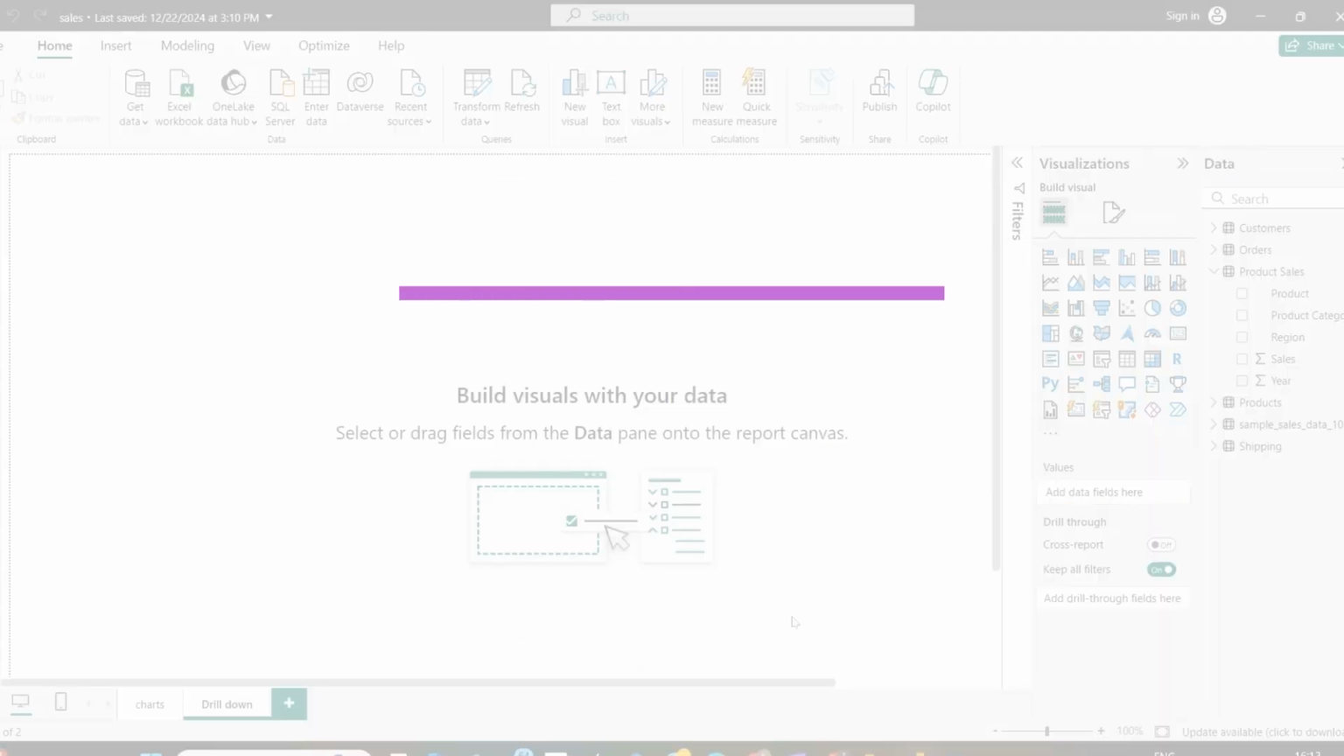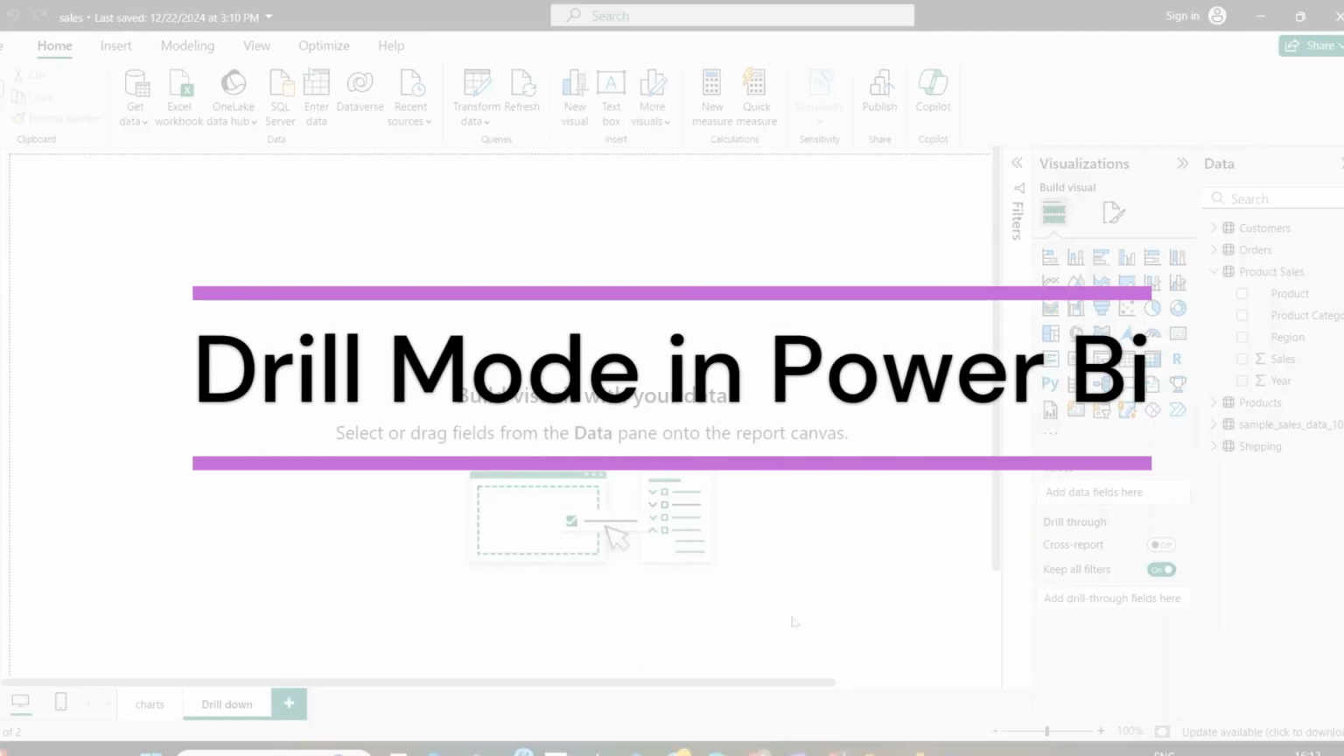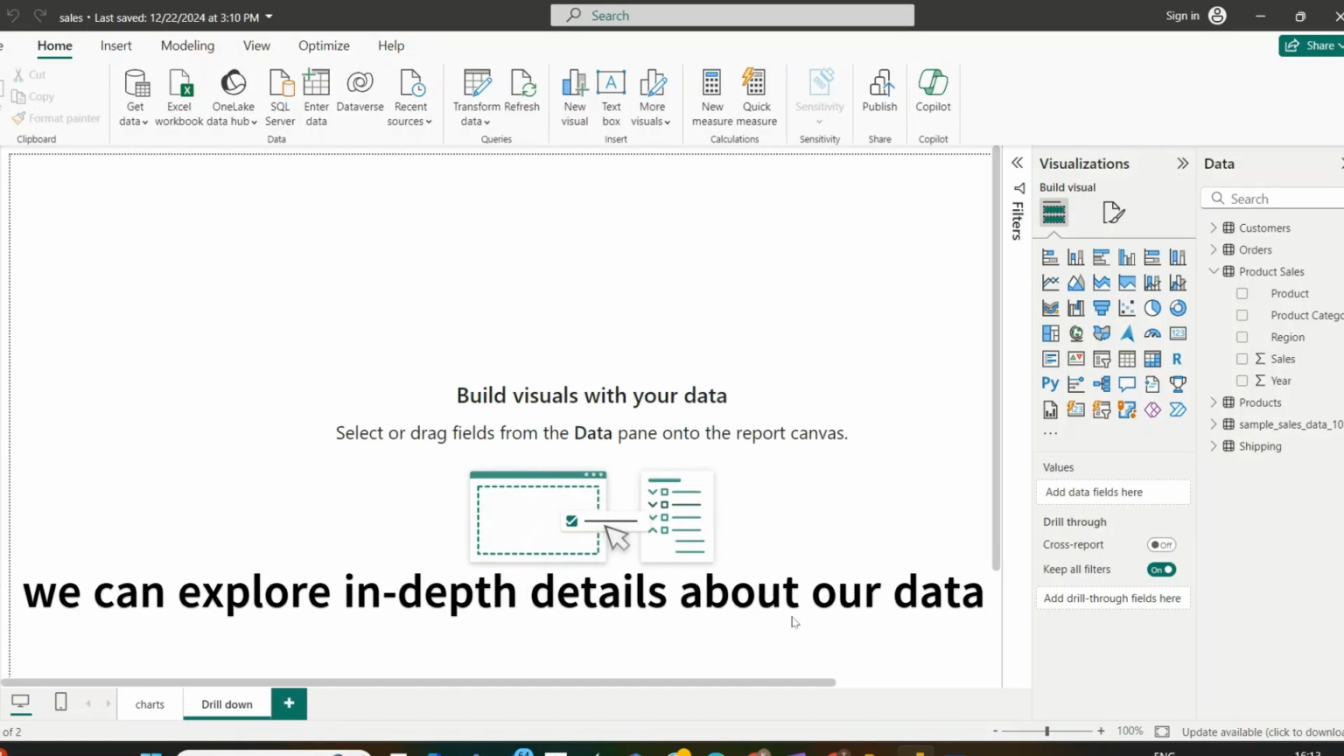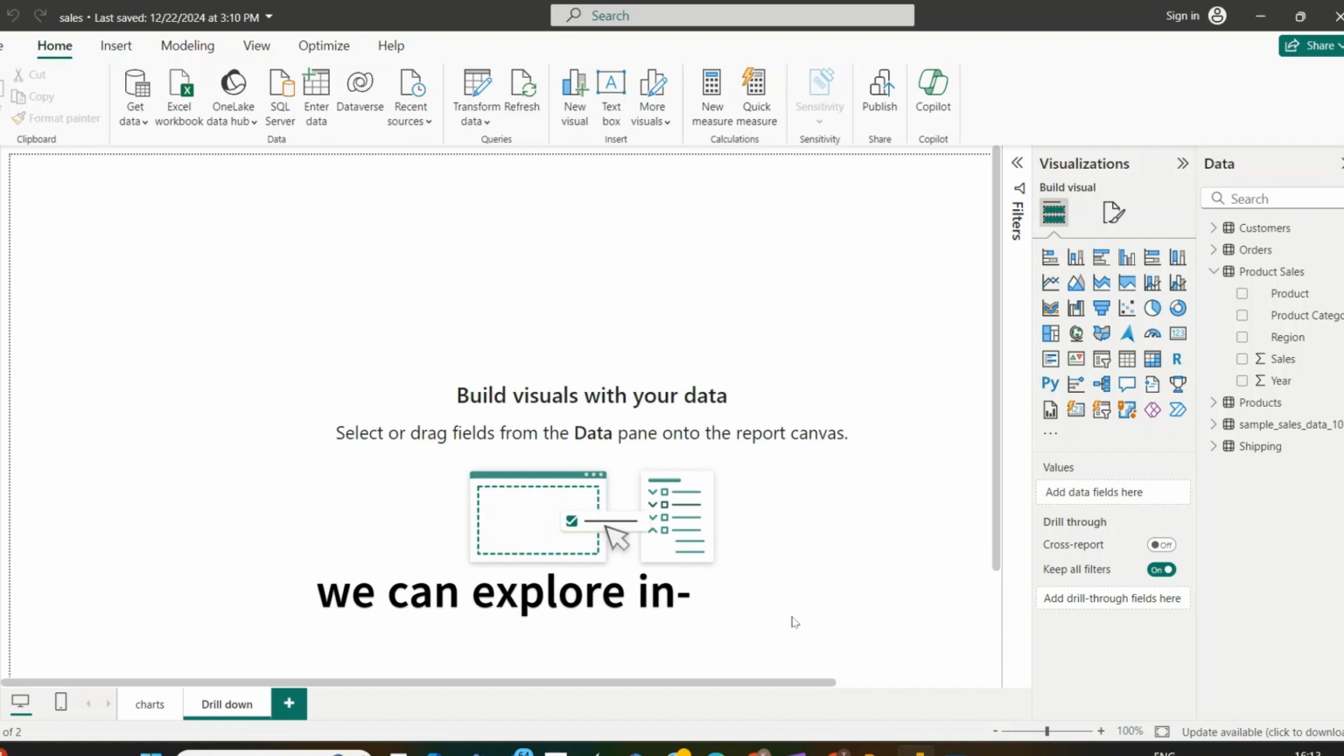In today's video, we are going to learn about drill mode in Power BI. So, what is this drill mode? We can explore in-depth details about our data by using the drill down, drill up, and expand features on our